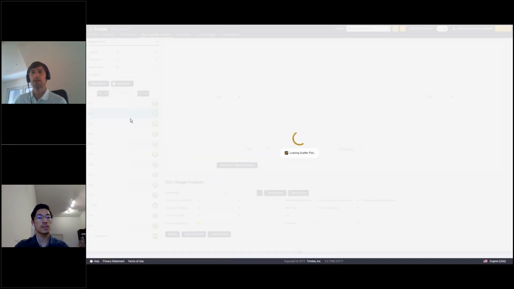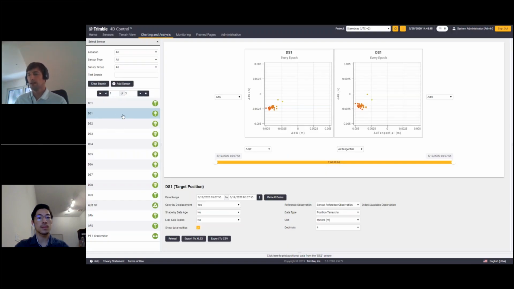So if I open DS1, which is my downstream target 1 again, you see there are two planes, basically two planes side by side, and this is very useful if you want to look at a movement in a particular plane. You can also change the axis here. So here I could, for example, change this one to, whatever. This doesn't really make sense because now I have just a line. It's the same selection here and here, right? But the bottom line is that you can show two different planes next to each other side by side,